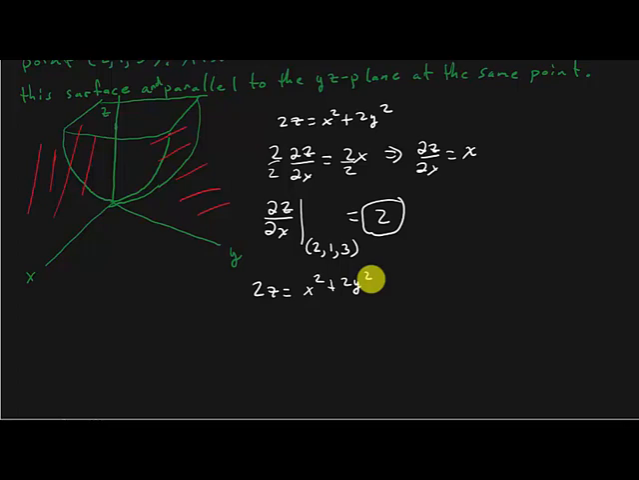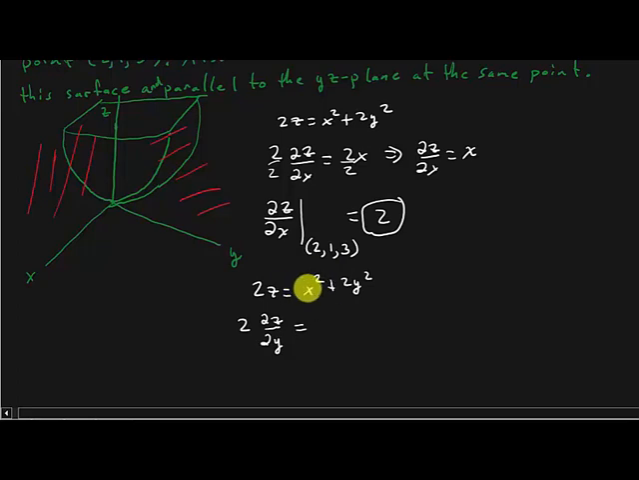And so I need to take the derivative of that. All right, so that's going to be 2 times the partial of z with respect to y. So the derivative of x squared, that's 0. That's a constant. And then this is going to be 4y, which gives us the partial of z with respect to y is equal